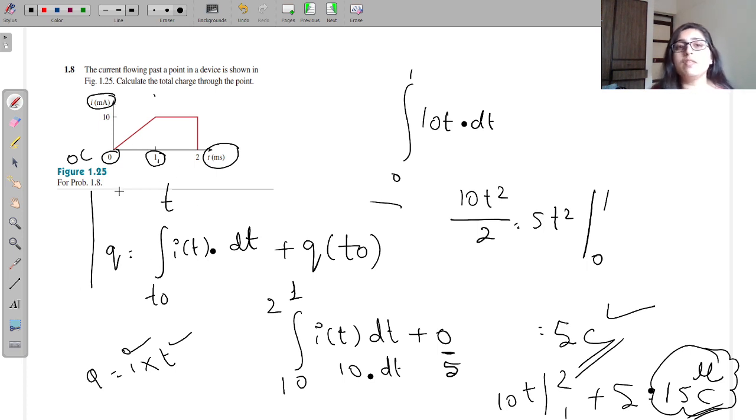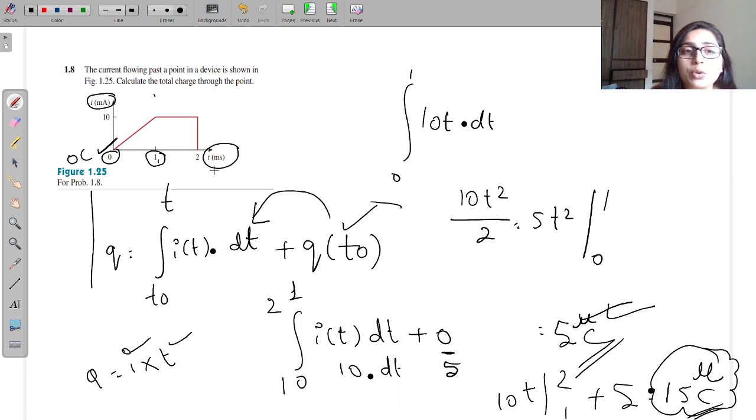If I want to solve part by part, I am going to consider the initial charge which is present at that particular instant of time. Now suppose if I want to find out the charge which is present in 0 to 1, I must know the initial charge which is present at 0. After that, finding the 0 to 1 interval, I will go for the interval 1 to 2. In that particular case, I should know what is the charge present at 1. That will be your 5 microcoulomb. So that will be added to this particular interval. Initial charge will be added.